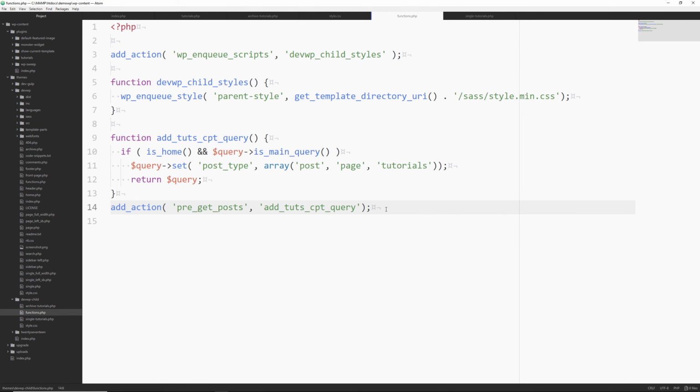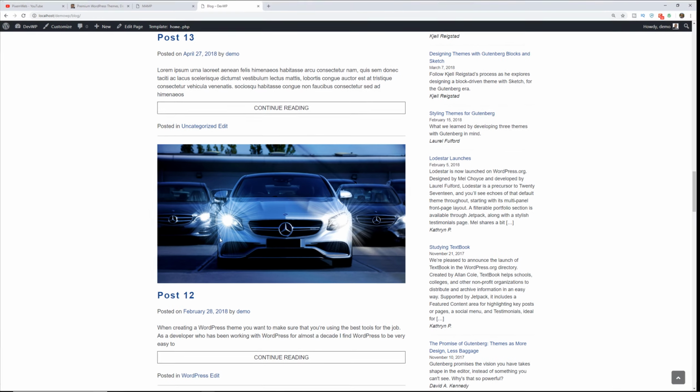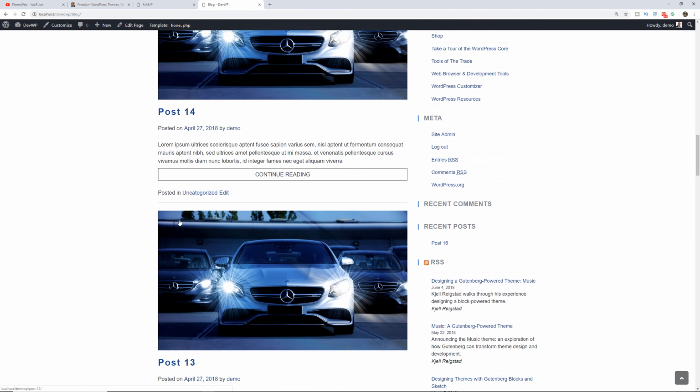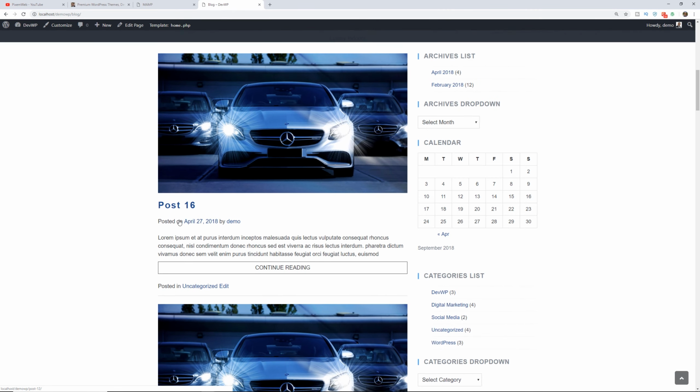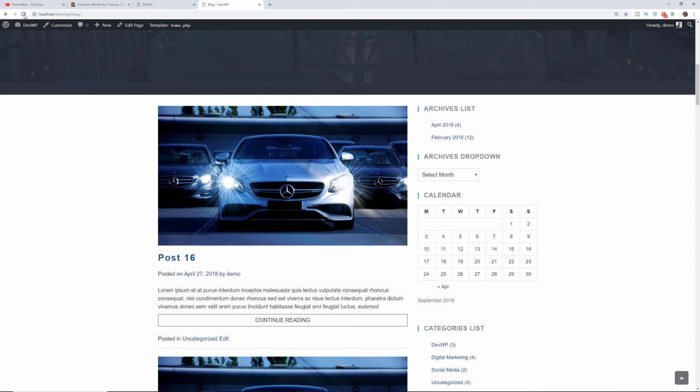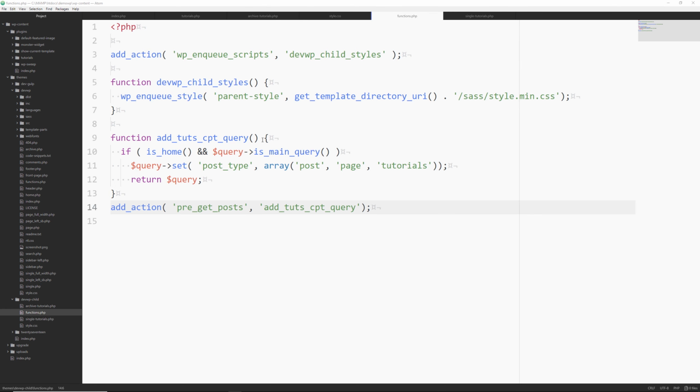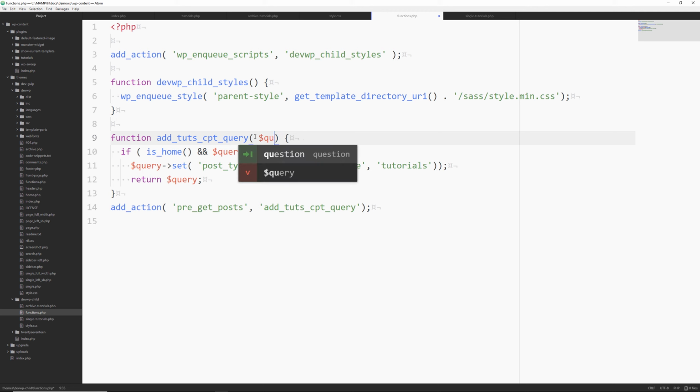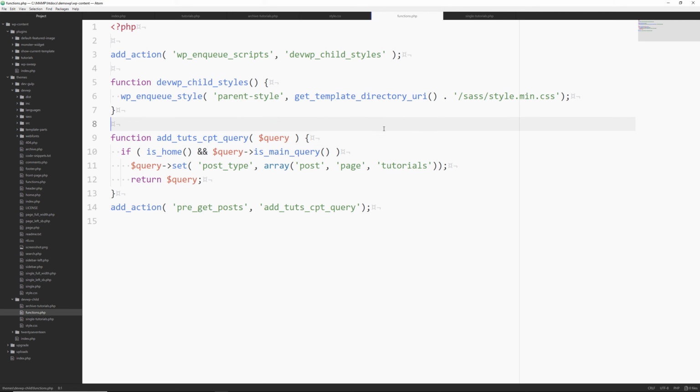All right, let's see if that worked. Let's go back to our browser. Currently, this is how it would look on the blog roll page itself. It doesn't include that. Let's reload and see if that took effect. Okay, actually over here what we have to do is put in the query because we have to intercept that. All right, let's see if that fixed it. Go back to the browser, reload.